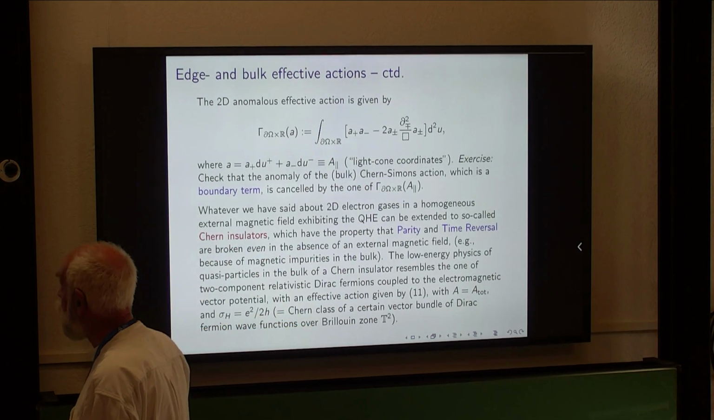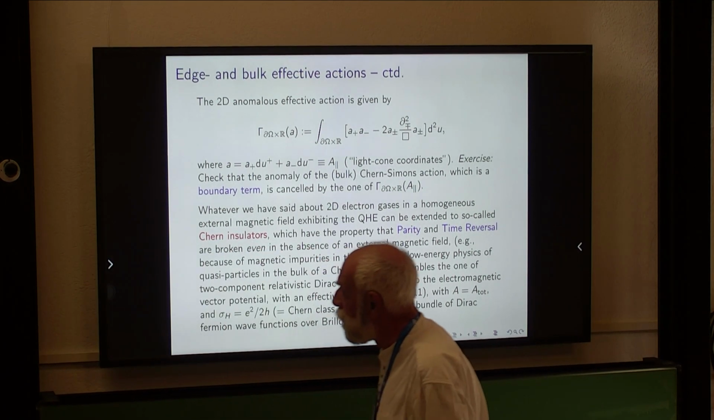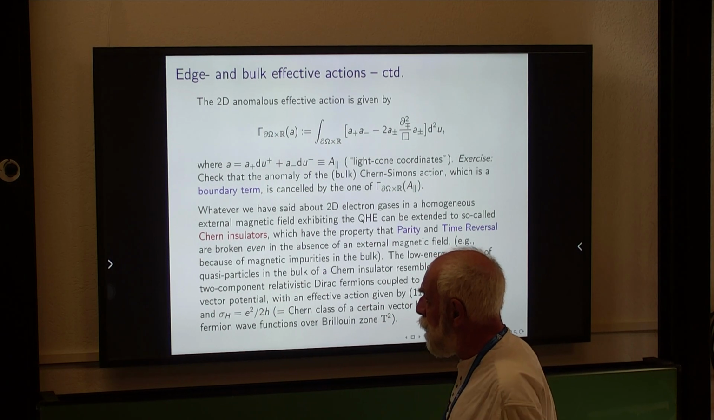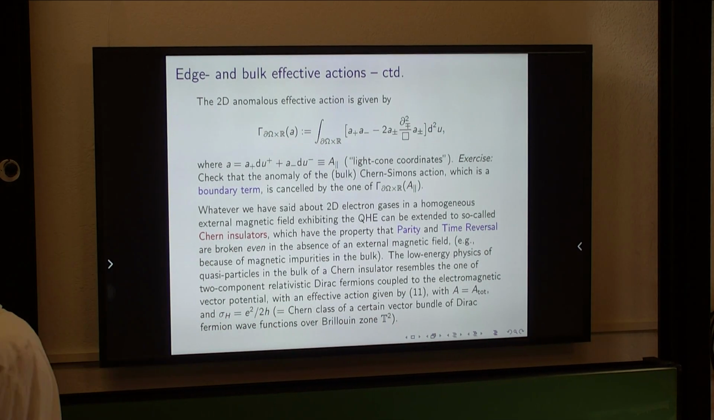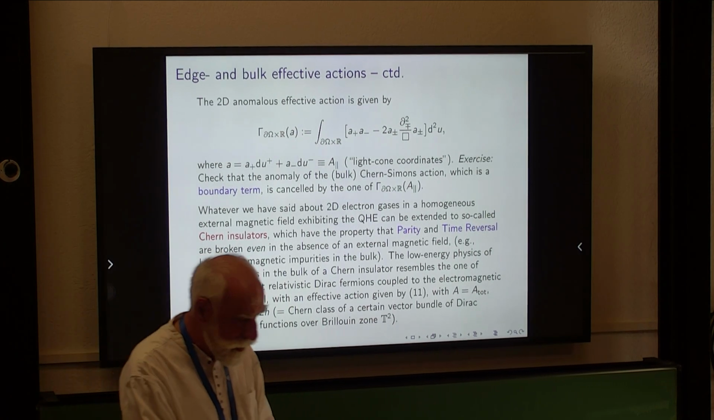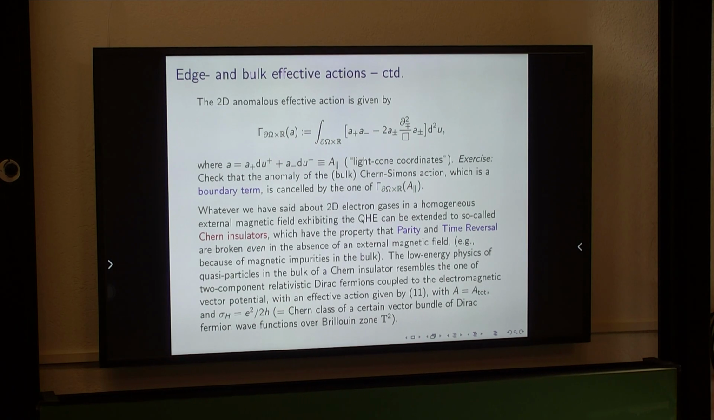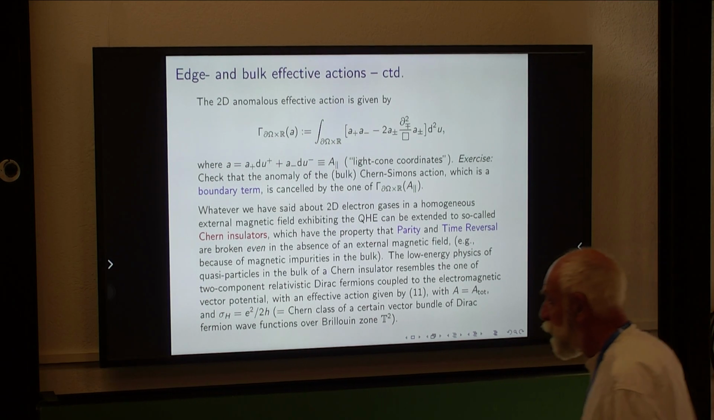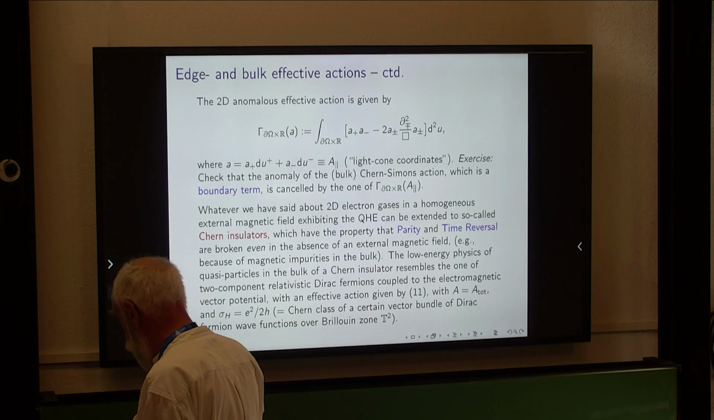Well, here is the formula for the edge action. I think I already showed it before. And then a remark, what I said about Hall insulators, of course, also applies to Chern insulators. These are insulating states of electron gases without an external magnetic field, but in a background that tends to have magnetic impurities that also break the time reversal invariance. All right, so